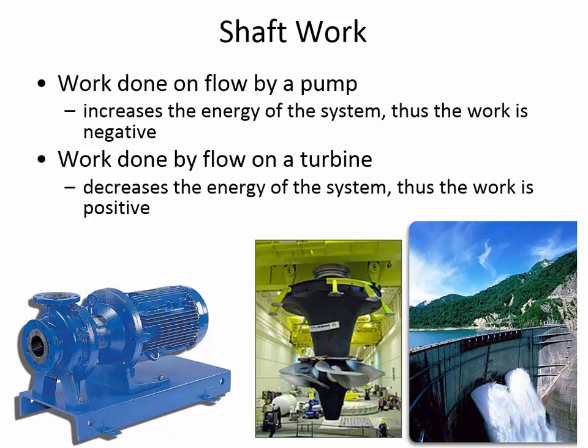There's three places where energy can go. If they're at the same elevation, if Z1 is equal to Z2, then it can't be that the pump is lifting the water. It's not physically increasing the elevation of the water. And since the diameter of the pipe is the same, the continuity equation tells us that the velocity has to be the same. If you had a difference in velocity, then the flow in and the flow out would no longer be in balance. So V1 has to equal V2 because of the continuity equation.